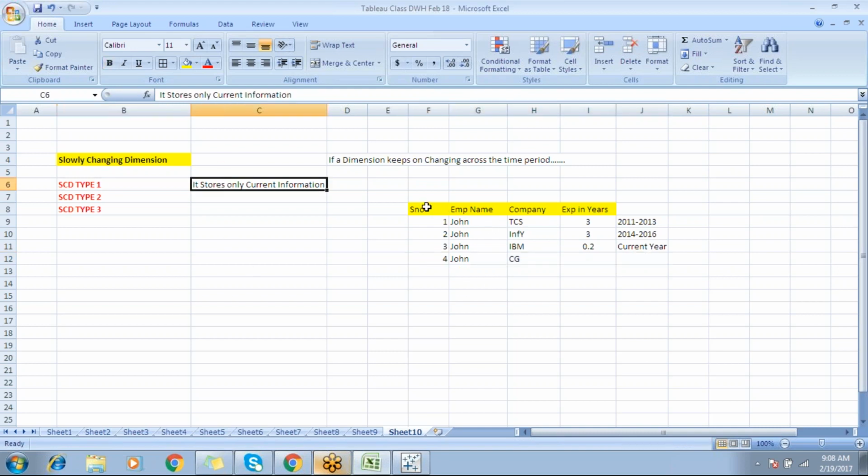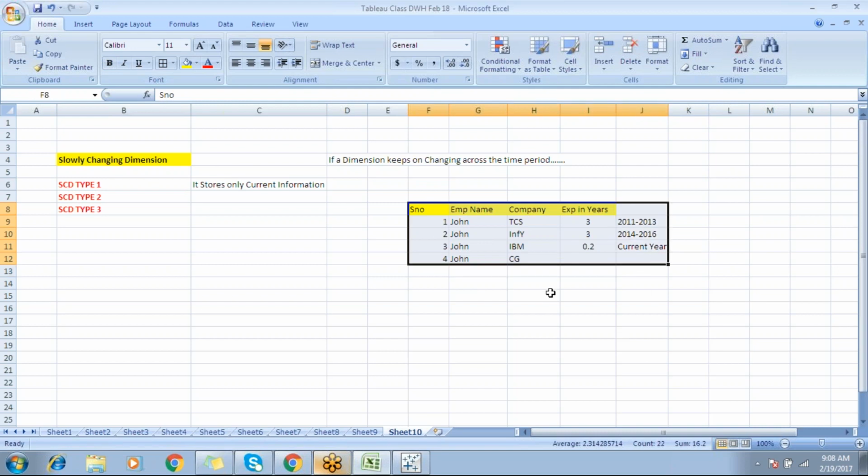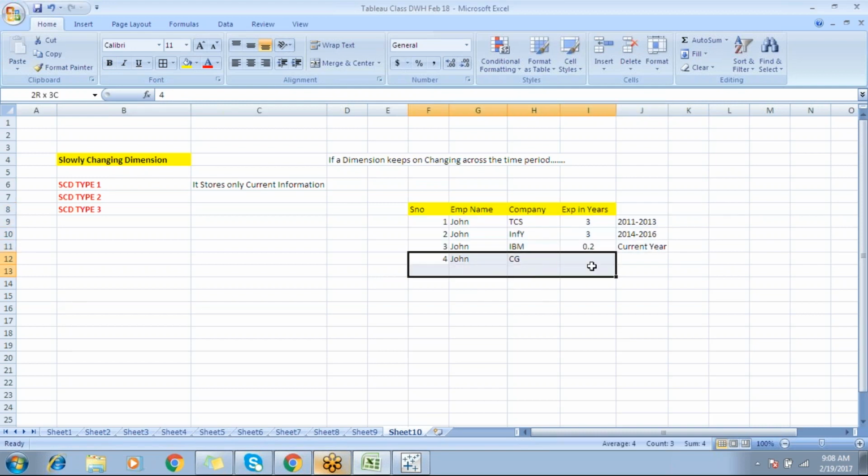It's a simple definition. When it comes to this kind of table, it stores only the current information. Whatever the newly loaded record, we will get only that particular record. For analysis purposes, you can take the experience. Let's take this record. He has only 2 months of experience, January and this current month, February. But I just want to go with experience-wise. I'm checking with the experience, like if we have 1 year of experience or more than 3 years of experience, we need to give some